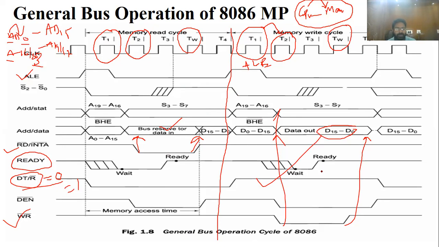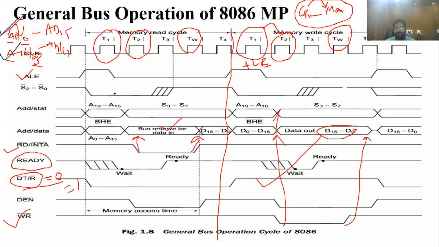It is very easy. When you understand the bus operation, how the microprocessor performs read and write operations, it is very easy to draw this diagram. First of all, the address lines. You have the multiplexed lines. Remember once again, you have the multiplexed lines. One multiplexed line is address and data. Another multiplexed line is address and status. The same lines are used for multiple functionalities.